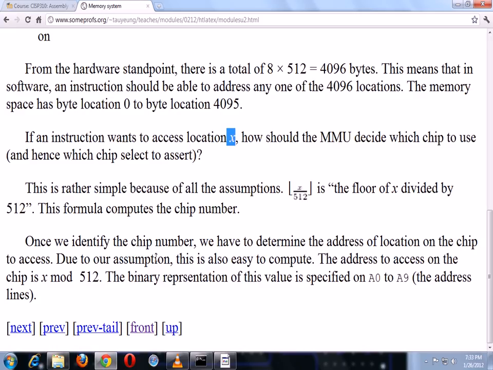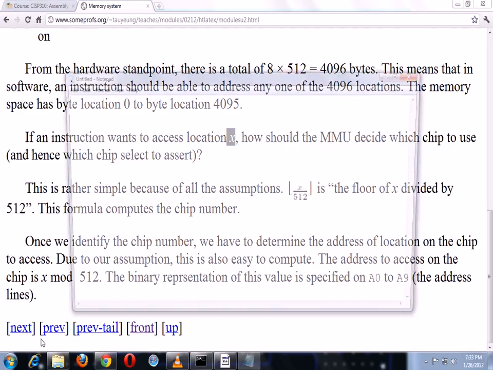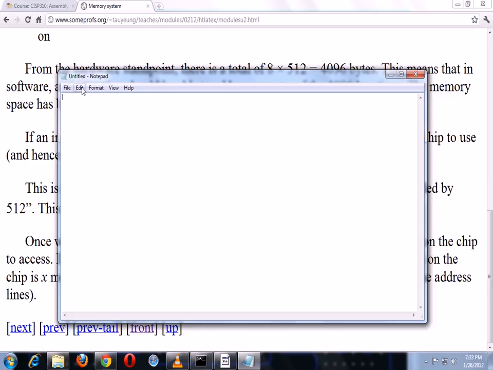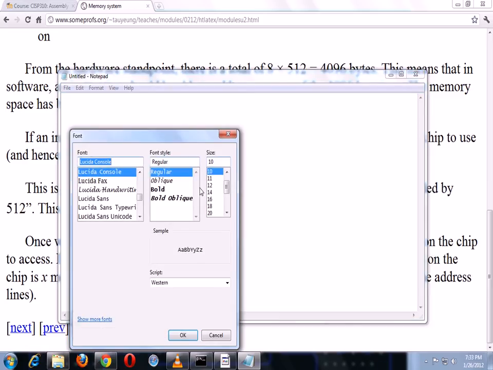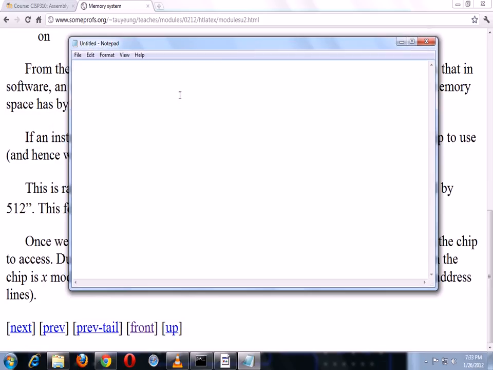Let's go through an example. And since I'm recording, I'll just go ahead and use Notepad as my whiteboard. And we have to do the font thing every single time. After today, I'm going to switch back to Linux, when I teach the class, so I don't have to use Windows tools. All right, let's go ahead and try to figure out what we have to do if we want